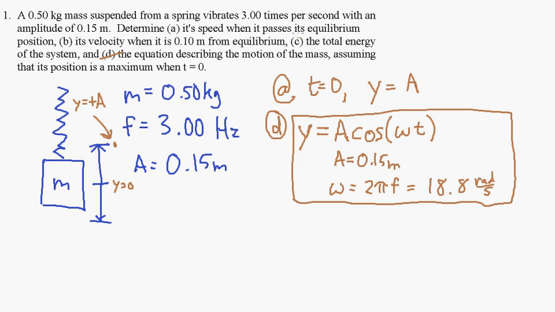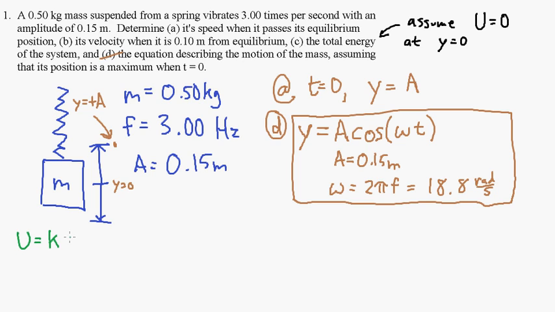Okay, total energy of the system. Now this is not quite perfectly phrased because total energy really depends on where you set your potential energy equal to 0. So for this, I'm going to assume potential energy equals 0 at the equilibrium position, which we're saying is y equals 0. That's generally what we do with these things. Okay, so I'm going to do part C in green because I feel like it. So the total energy of the system,